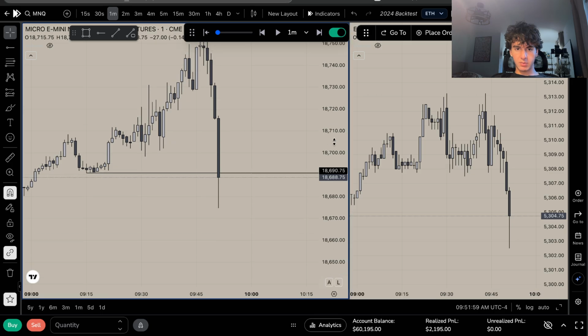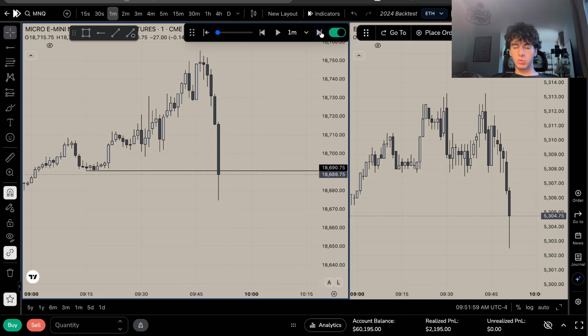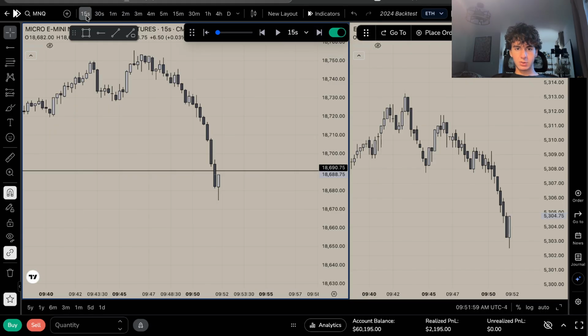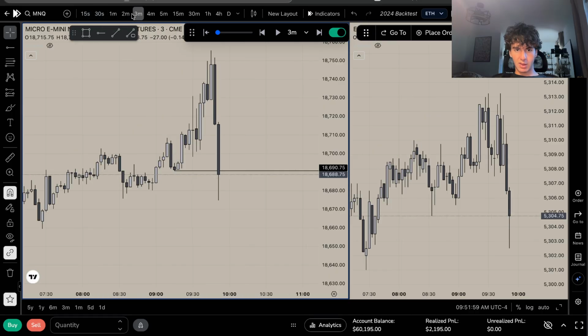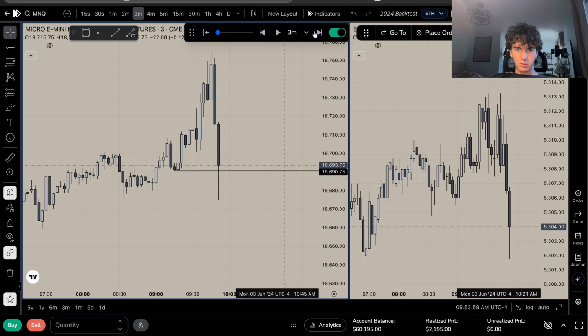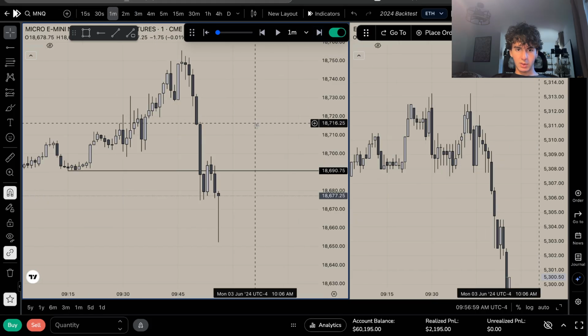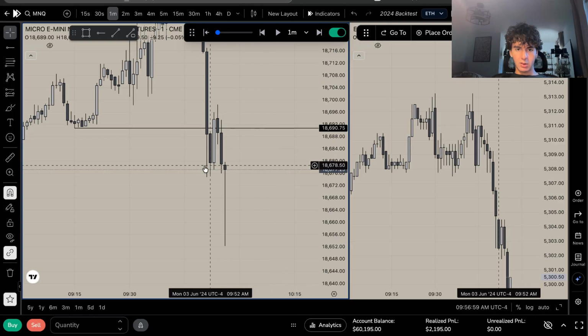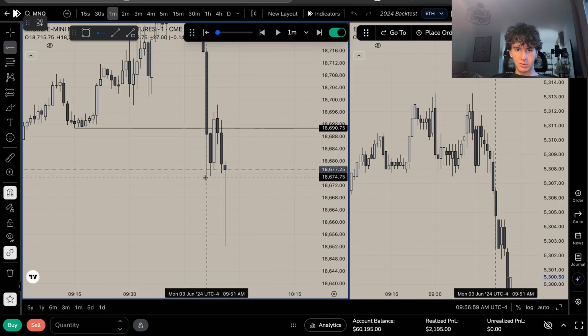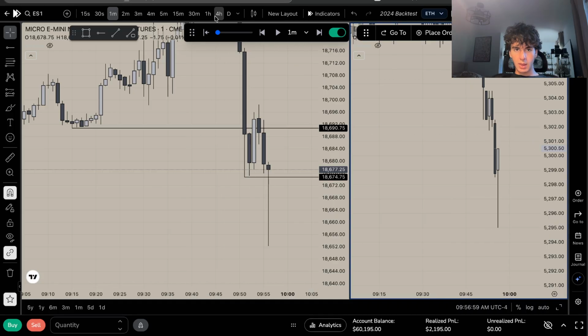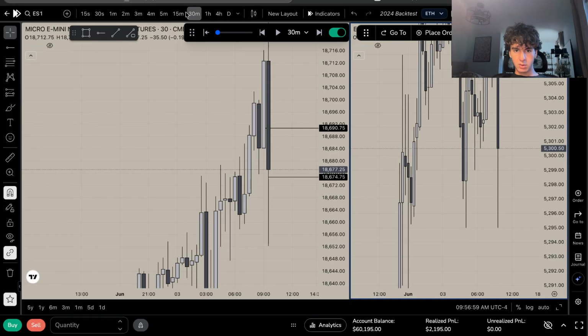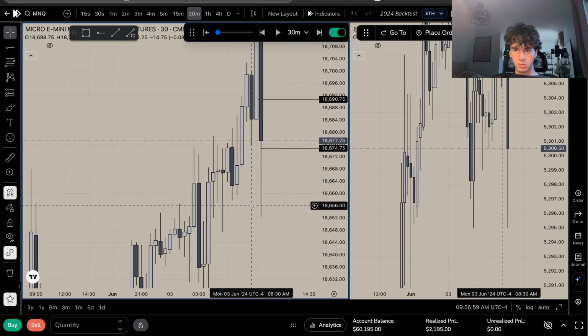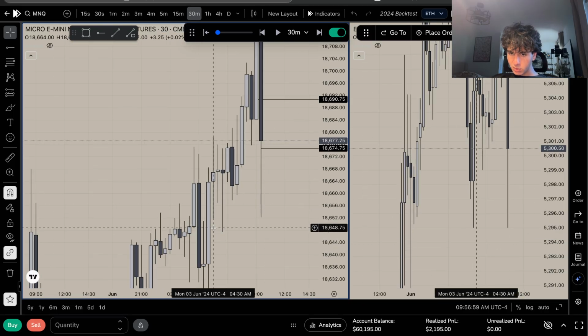All right, so it looks like we get a beautiful 9:50 manipulation here down into the 15-minute, which is what I wanted to see at market open. So ideally now we just get some type of inversion here. The highest time frame here is probably going to be this 3-minute, maybe. Well, we got a stop right here of that level right there. And do we tap anything else here? Do we sweep this low on ES?